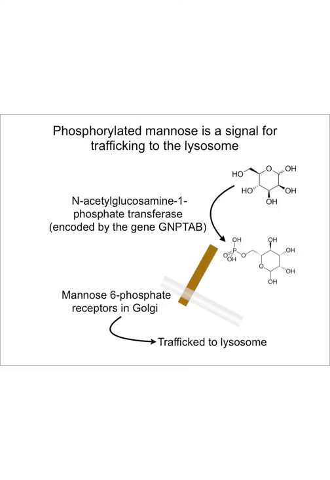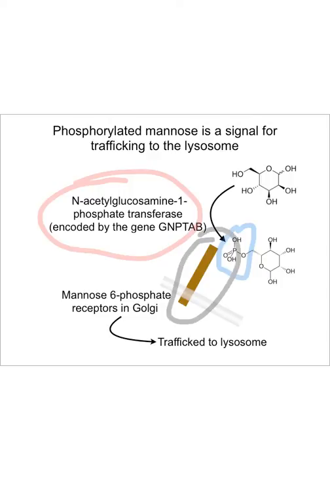So it turns out that mannose plays a particularly important role in trafficking of these enzymes, because mannose on these side chains can undergo a phosphorylation event catalyzed by the enzyme called N-acetylglucosamine 1-phosphate transferase, which attaches a phosphate group onto these mannose residues. And then inside the Golgi apparatus, there is a particular receptor called the mannose 6-phosphate receptor, which recognizes these phosphorylated mannose